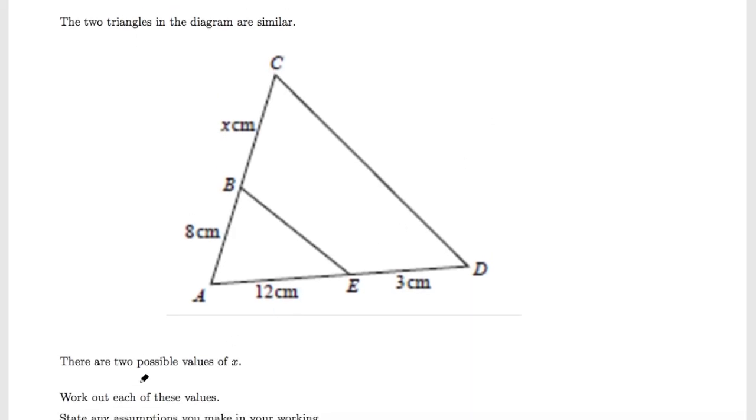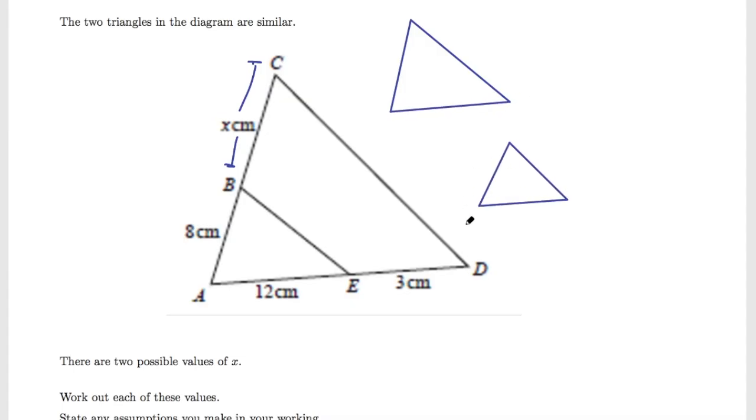Now, when it says there are two possible values of x, x being this distance here, initially that might seem confusing, because how can you have two values for one length? But the trick here is to see that we don't know the orientation of these triangles. And what I mean by that is, let me just draw them separately. Angle ABE, the smaller one, ABE,